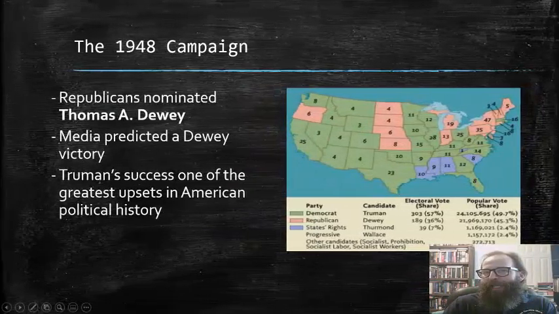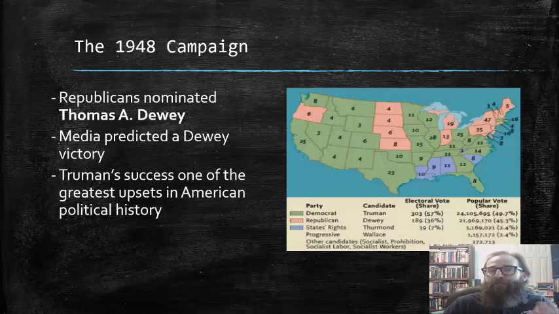The 1948 campaign was a very interesting one, with 4 candidates from 4 separate political parties. It seemed from the outset to be more or less anyone's game, and Truman's position especially was threatened by the existence of the States' Rights Party, which siphoned off many Democratic votes from Truman. And the Republicans, for their part, nominated a man named Thomas A. Dewey. And he seemed to be the front runner for most of the campaign. And in fact, the media predicted a Dewey victory.